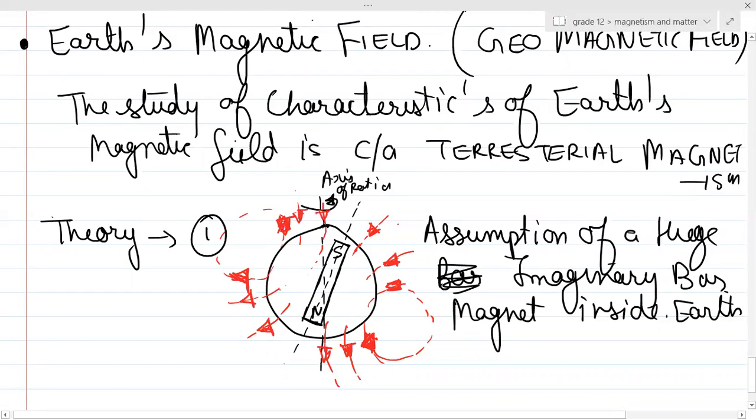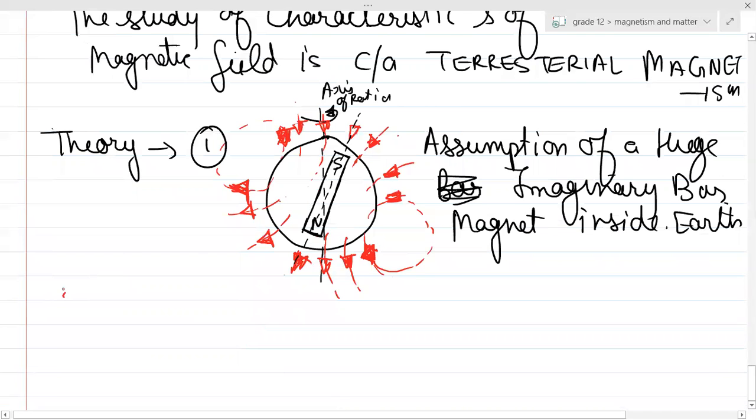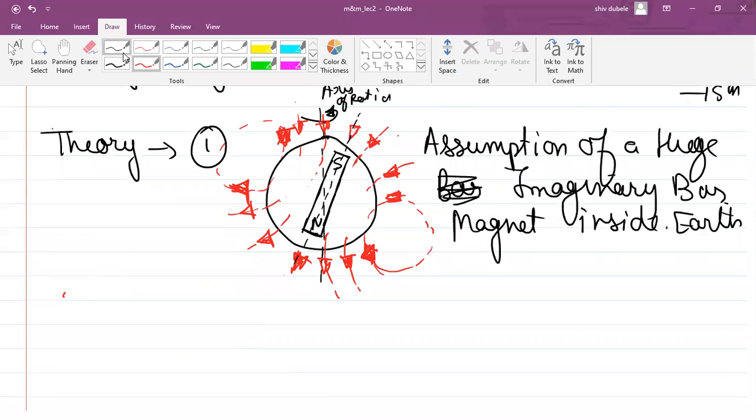So that's why we assume there should be a huge bar magnet inside. So from the magnetic field outside the Earth, they said that there is a huge bar magnet inside. But this theory doesn't make any sense. The more appropriate theory is basically the second theory. The second theory says that